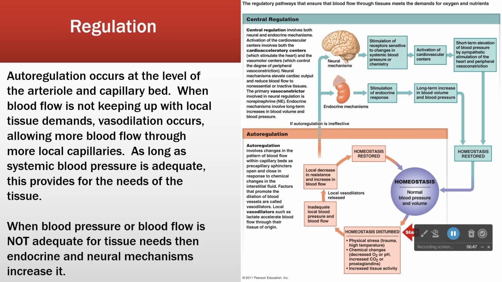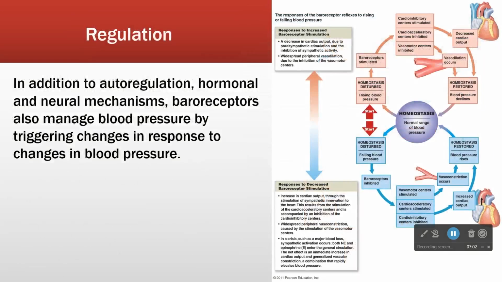So this is happening all the time. Up here is happening when there is a significant disturbance in blood pressure, when there's not enough blood pressure to meet the needs of the body, right? To meet the needs of many tissues. Okay, so that's putting it together. Now let's look at some examples of how these systems are intermixed, okay?